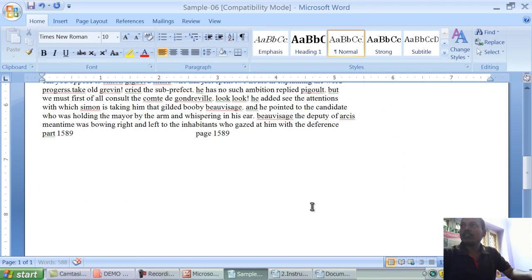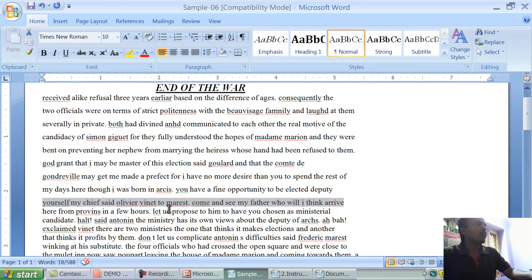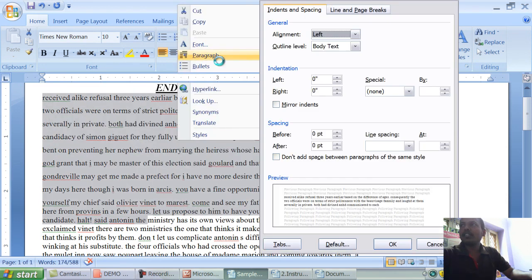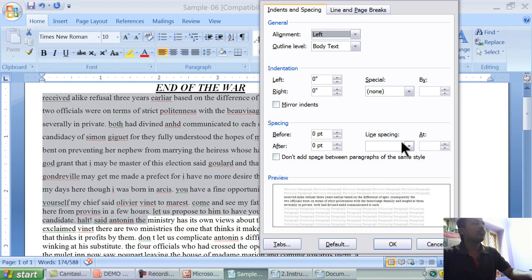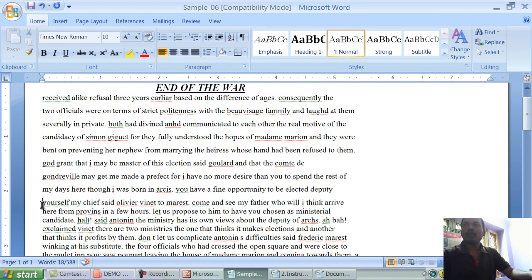Okay, so now it has changed. But normally what we do is select the data from here to here and change the line spacing like this. So this is our known work. We can apply this in our offices or in our resume or somewhere else, but in a data entry organization it will not work out. Instead of doing this, we can correct the mistake where we have done it. This is the mistake I made manually.